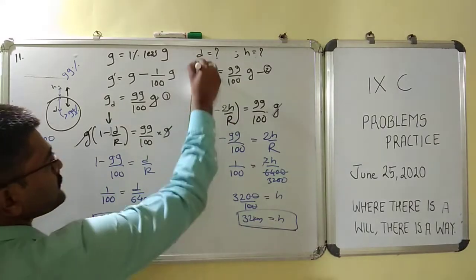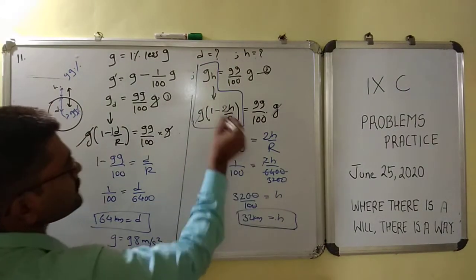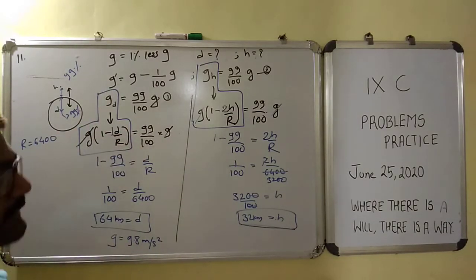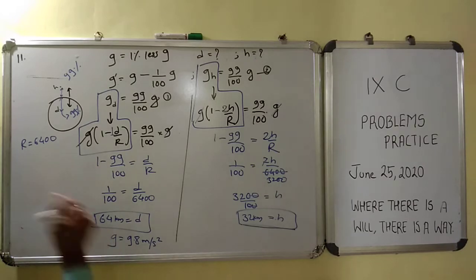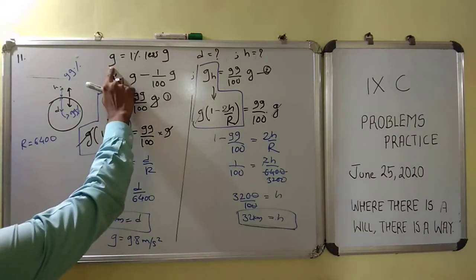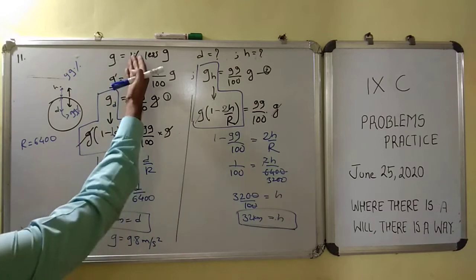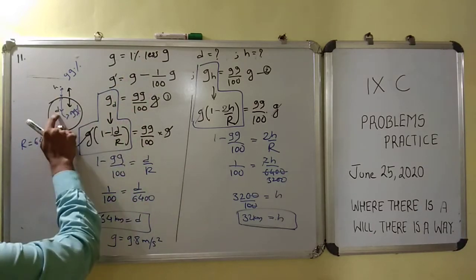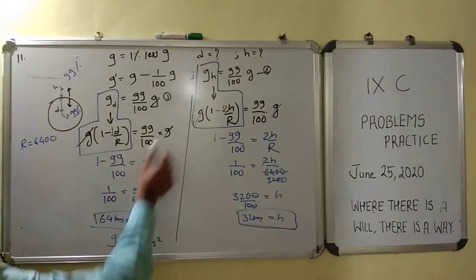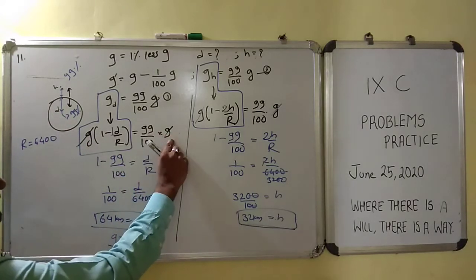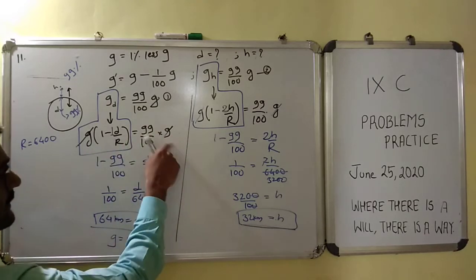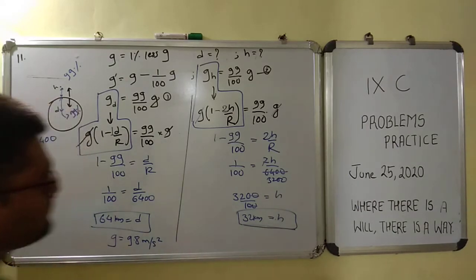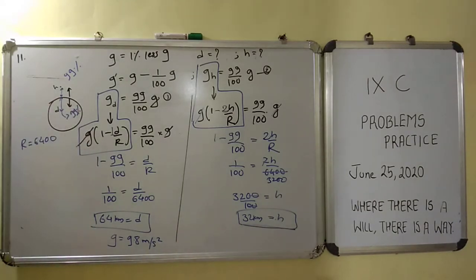So we have used this formula here, g_h equals g into (1 minus 2h by r), and here we have used this formula. We are using the comparison method, students. We first found the point on the surface where g is 1% less, and then we put in the value of the new height and the depth, because we have the standard value of g, meaning we are comparing with 99% of g. Comparing, we have found this answer. Let's go to the next, the 12th question.